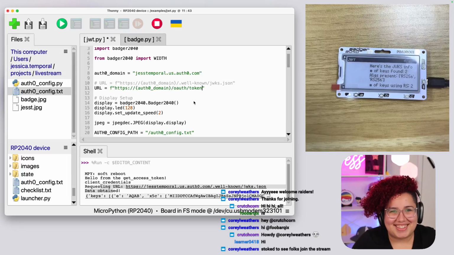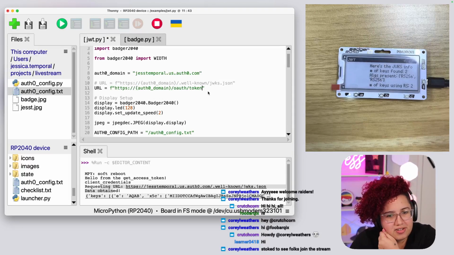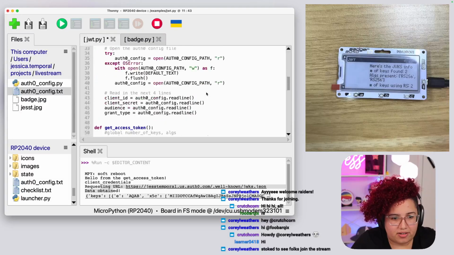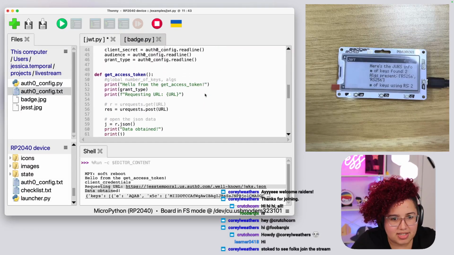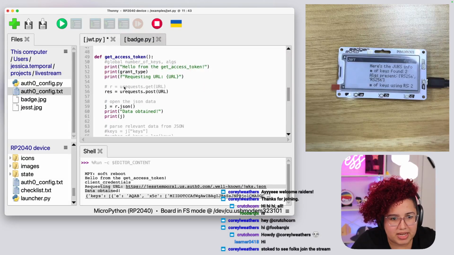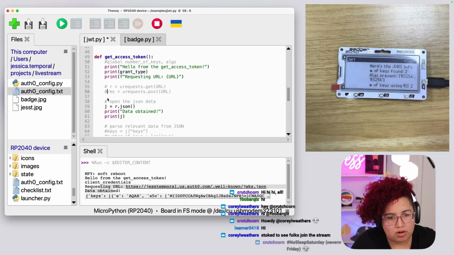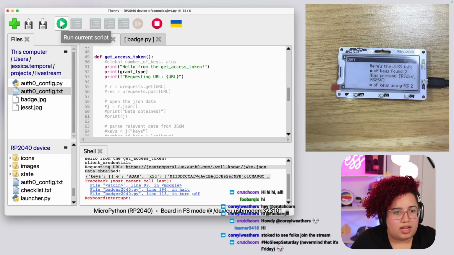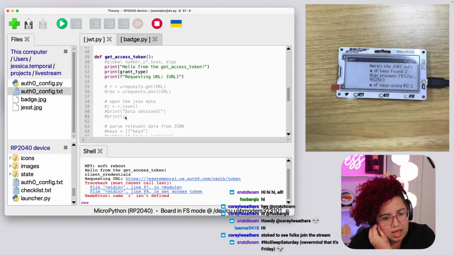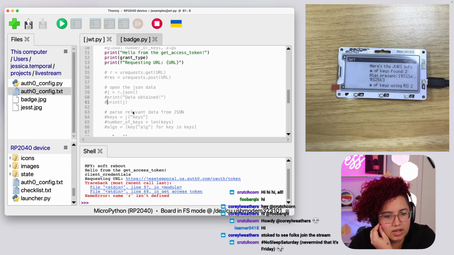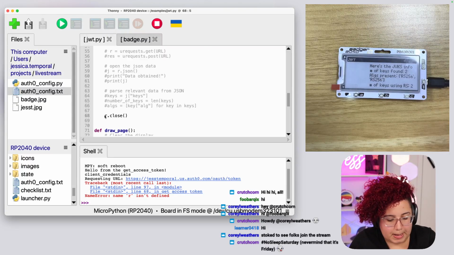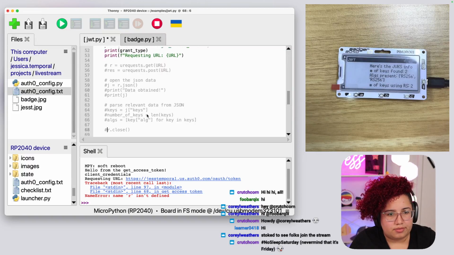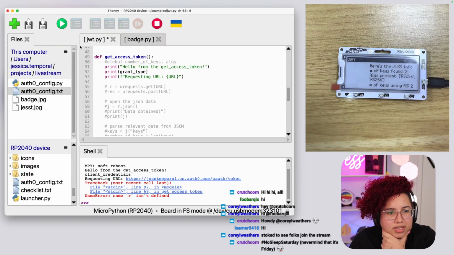I'm so excited. Okay, so I fixed the URL, so I guess this is the correct URL. What I'm going to do is print this out to make sure that I didn't make any mistakes, and I don't want it to make the request just yet or print anything else. So comment this and rerun this script. And oh, r is undefined. Yeah, I know why. Oh yeah, here. So let's run this again.